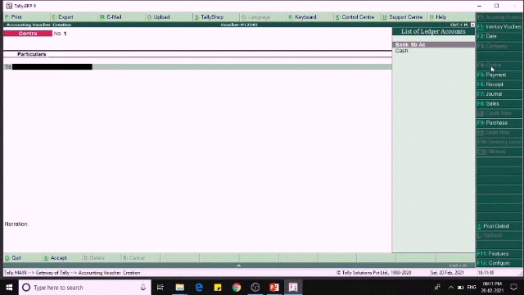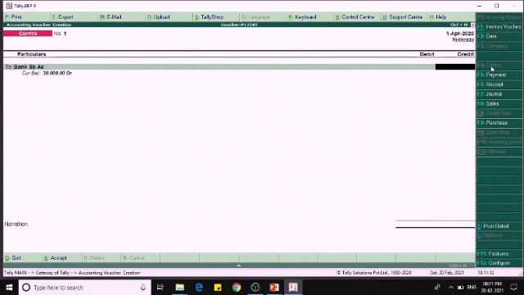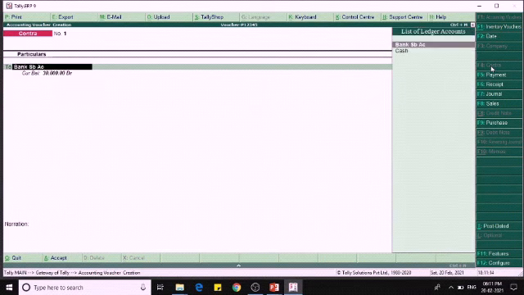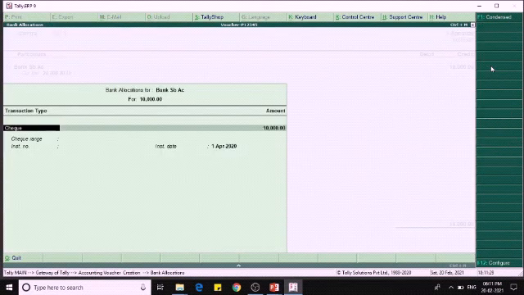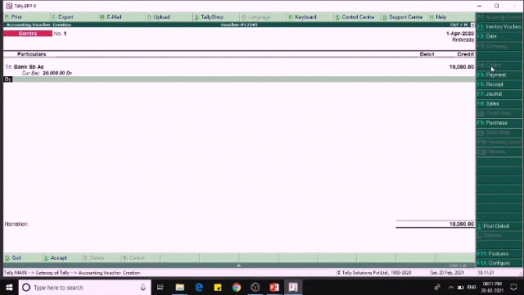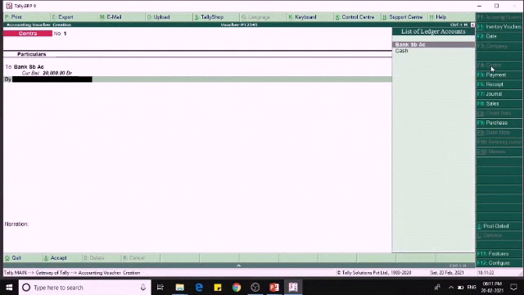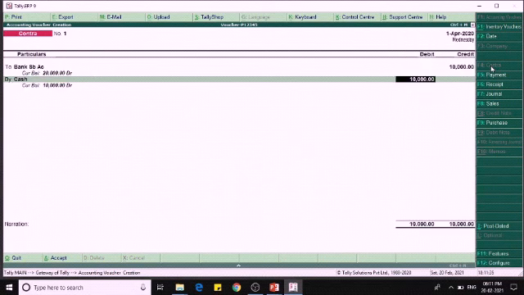Here you can't enter any other ledgers. Only the cash and bank related ledgers will be displayed here. Okay. So now I am giving 10,000, and in the debit column I am giving cash.